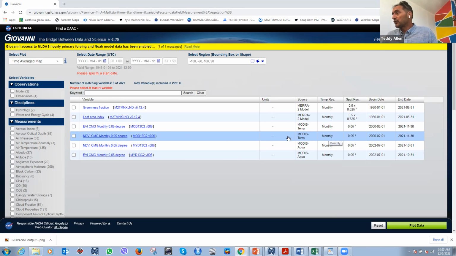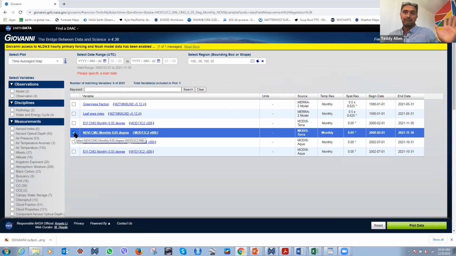So now we've determined we want NDVI. I'm going to click on one. So far, so good, right? All we've done is made 2 clicks, clicked on vegetation, clicked on NDVI. And now you go to the top, it's going to say, oh, well, how do you want to look at it? When do you want to look at it from? And where do you want to look at it? Okay. So right now, let's just look at the NDVI over Jamaica